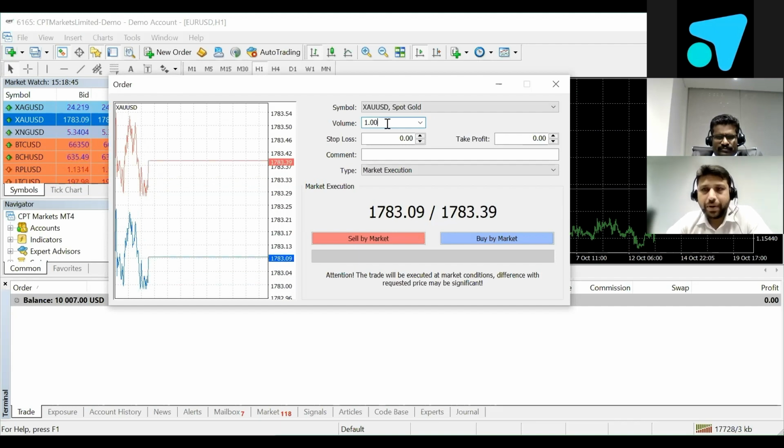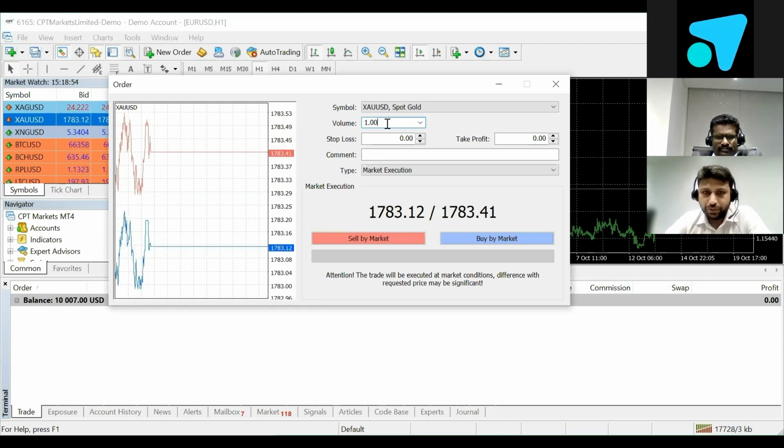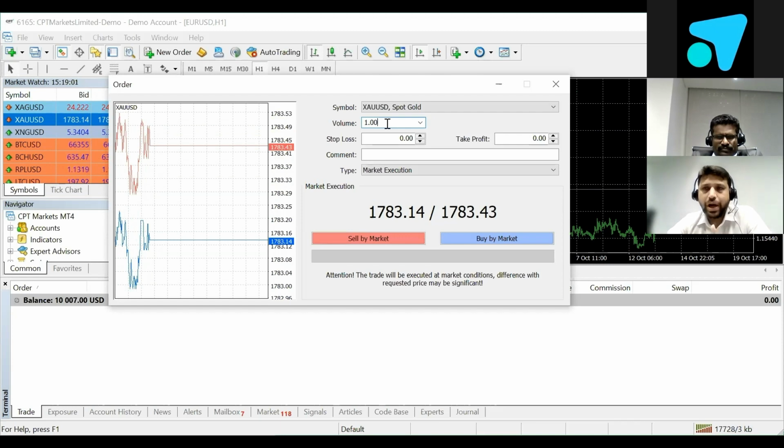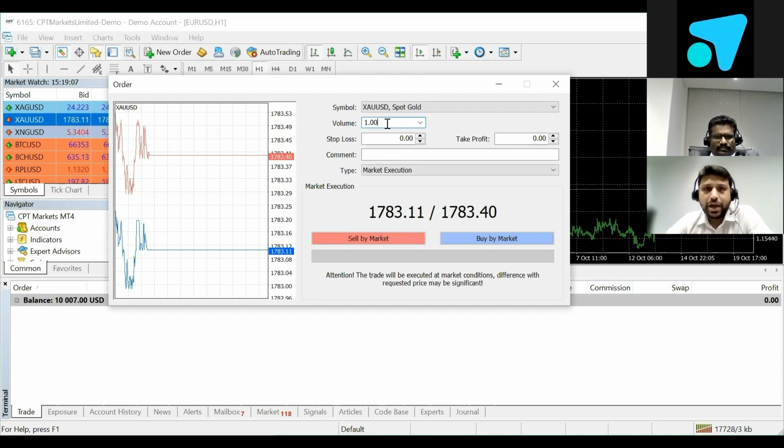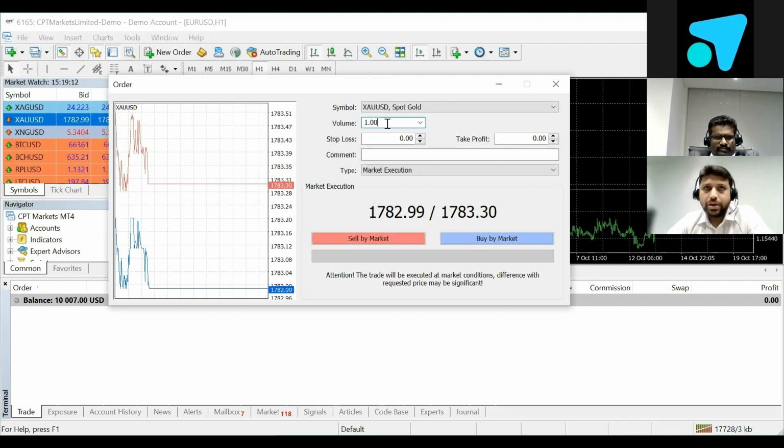The same is applied for gold. In gold, 1 stands as a standard lot, and the quantity in one standard lot for gold is 100 ounces. In the same way, the minimum for gold we can start from is 0.01, which is 1 ounce of gold. Let me remind you, in gold, in this international market trading, we are using the ounce, not grams or kgs. And to convert, you can approximately say 1 ounce of gold is equal to 32 grams of gold.